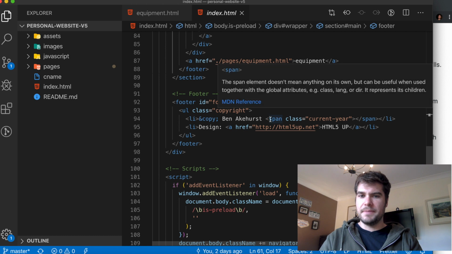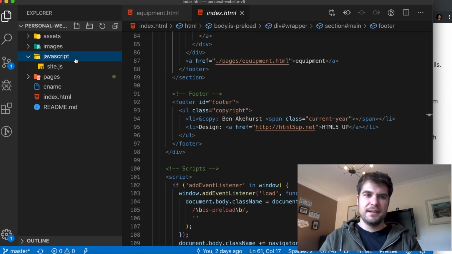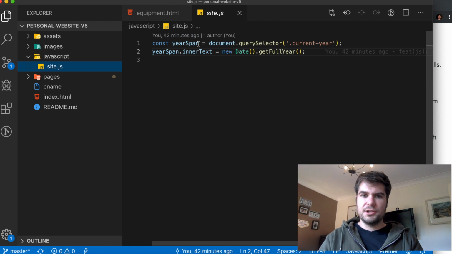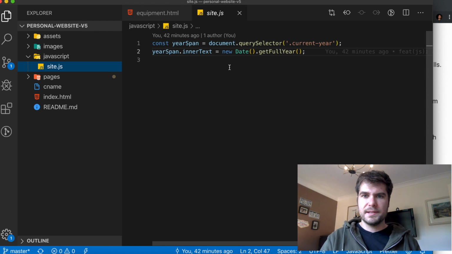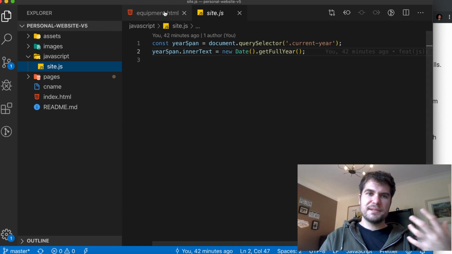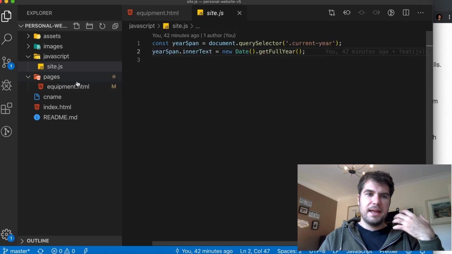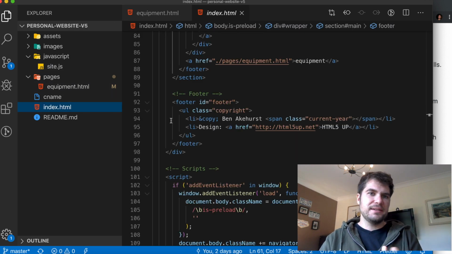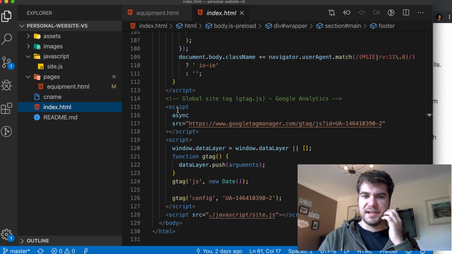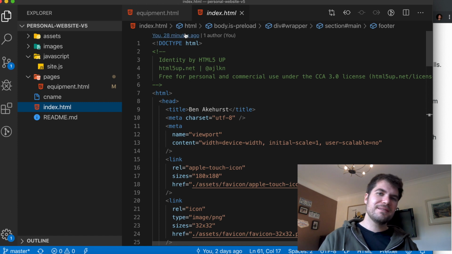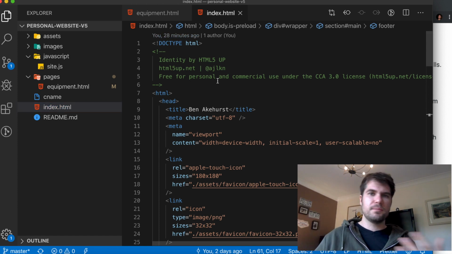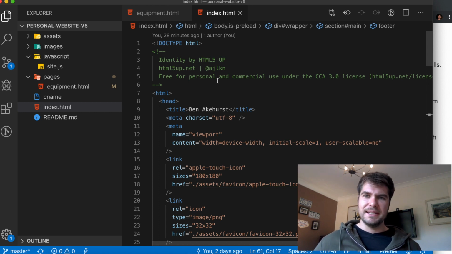Because I did go in here and I did make this span, this current year span, here in the JavaScript. I literally just wrote 2 lines of JavaScript. This site has 2 lines of JavaScript and a Google Analytics script that runs. But it suddenly made me so aware of how much I have become accustomed to and almost rely upon JavaScript frameworks to do a lot of the heavy lifting for websites for me, and not just being able to do it on my own, which was kind of an eye-opener. Not that I want to brush up on my skills or be any better at HTML and CSS, but it did make me realize how much I lean upon JavaScript.